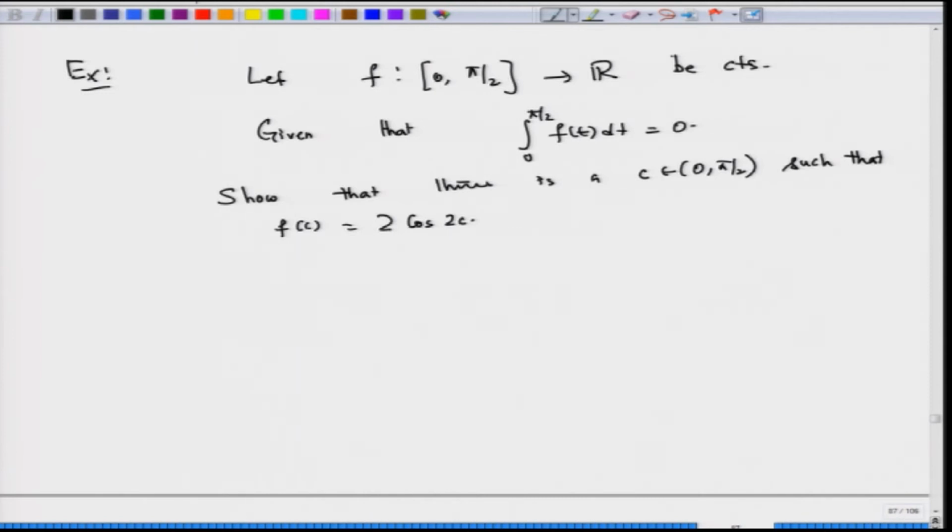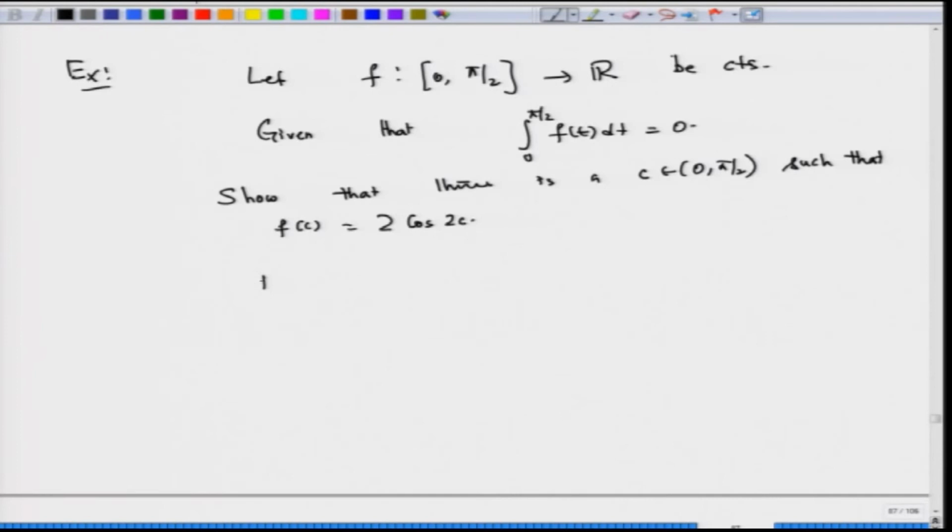So, f(x) equal to 2 cos 2x has a solution in this interval. You take any continuous function on 0 to pi by 2 whose area is 0, then what we can find is that there is a solution. This curve f(x) is going to cross 2 cos 2x at some point, that is what it is saying. Okay. So now you define